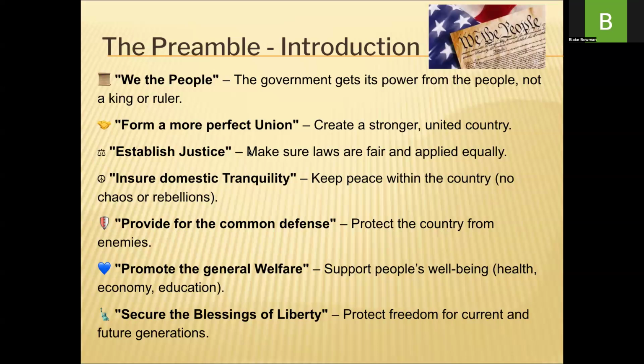Promoting new innovations, new products, new goods, so people can enjoy life and have a better standard of living. Is it perfect? No, right? Obviously. But in any case, we do a pretty darn good job when it comes to certain services. All right, secure the blessings of liberty, protect freedom for current and future generations, so that we don't fall down